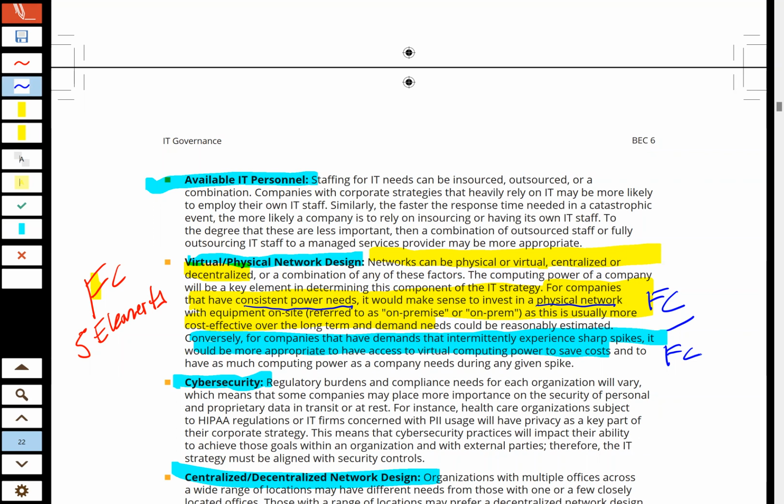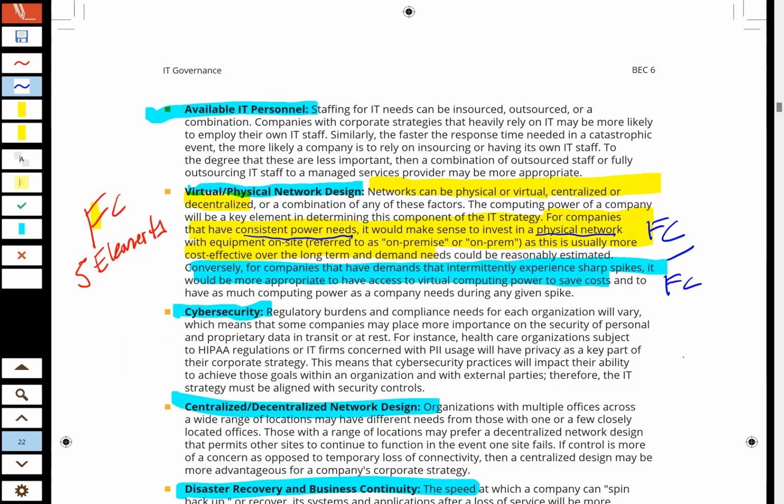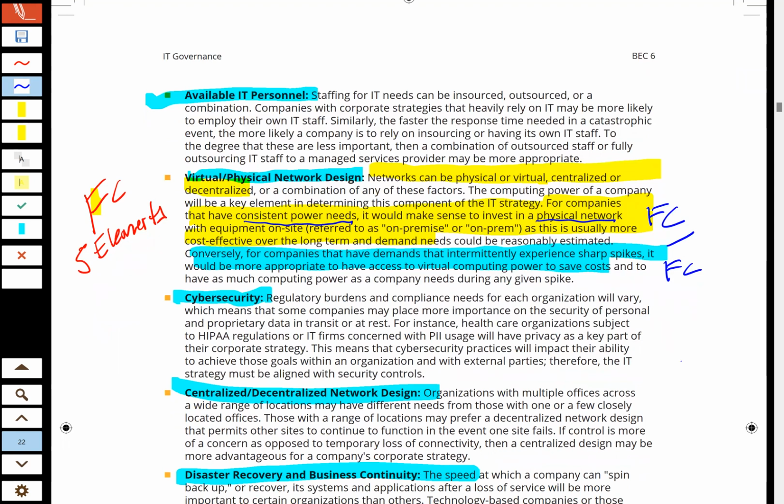Okay, now coming over with cybersecurity, and again, I think we understand the notion of cybersecurity. We're going to talk later about components, firewalls, that sort of thing. But just so that we're understanding that this is particularly relevant to, say, healthcare organizations subject to HIPAA regulations and whatnot. There are going to be obviously more concern if you're holding personal data of customers, et cetera.